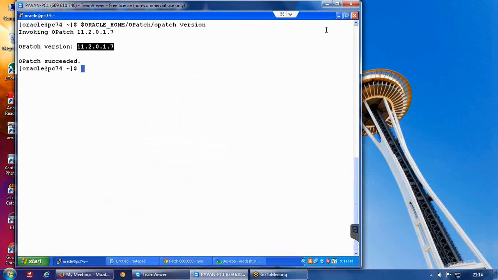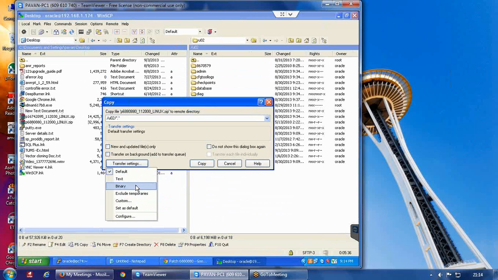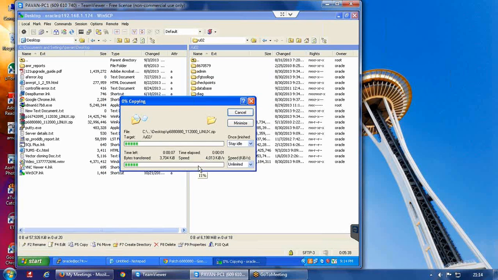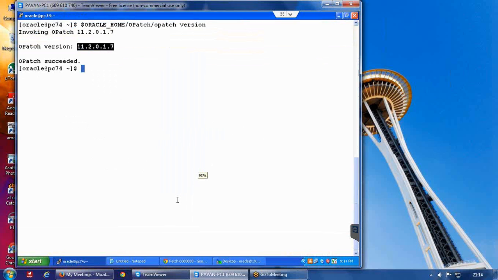Now this one also you need to copy using WinSCP. Yes, Samir. It would be possible only for licensed users. For normal users, it is not possible to download all this.